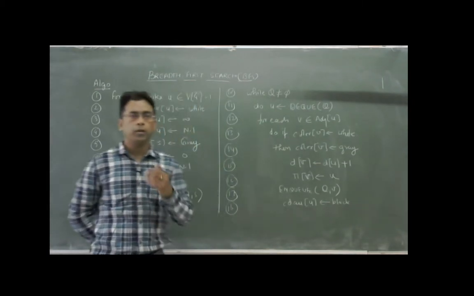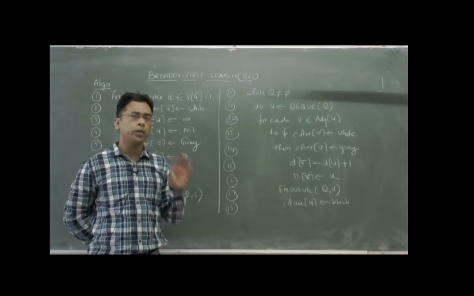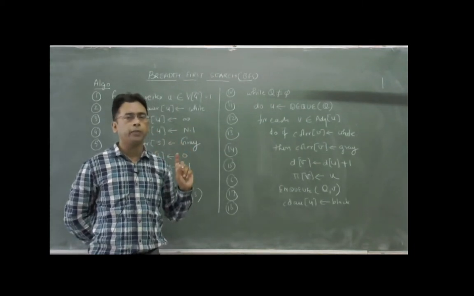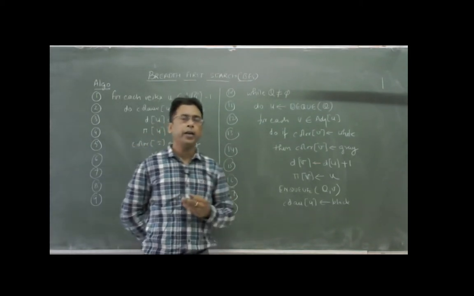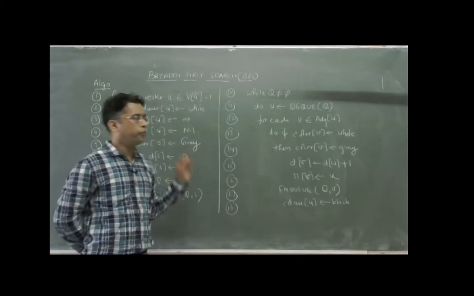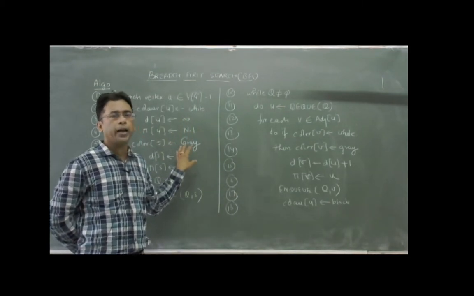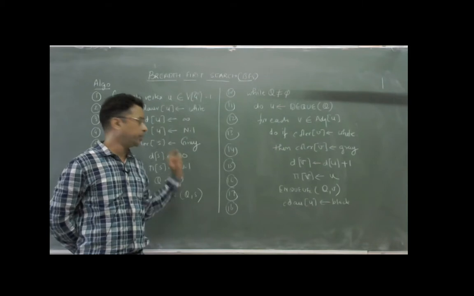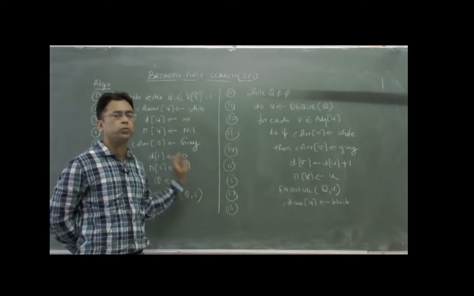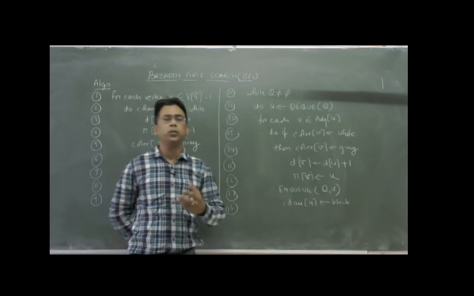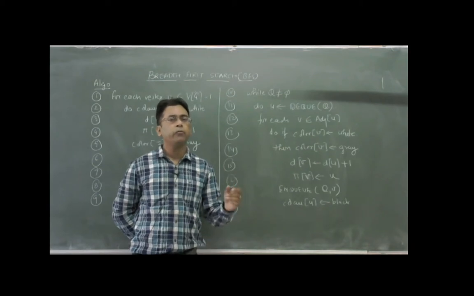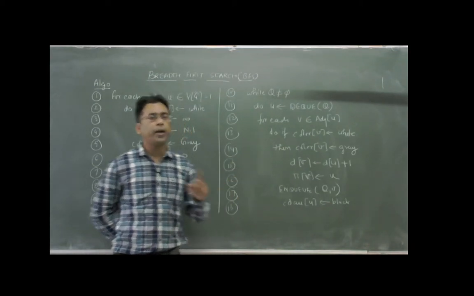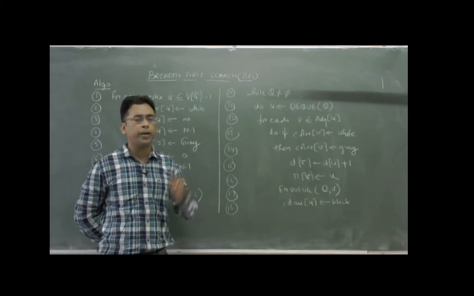So in BFS, what we do, except the starting point, we color all the nodes white, meaning undiscovered, their distance is infinity and their parents are nil. We consider the source node as the start with value 0, there is no predecessor of the starting node, and its distance value is 0. Whenever we find a node adjacent to a node, we color it gray, and after coloring it gray, we compute the distance by adding 1 to the distance of the parent node.